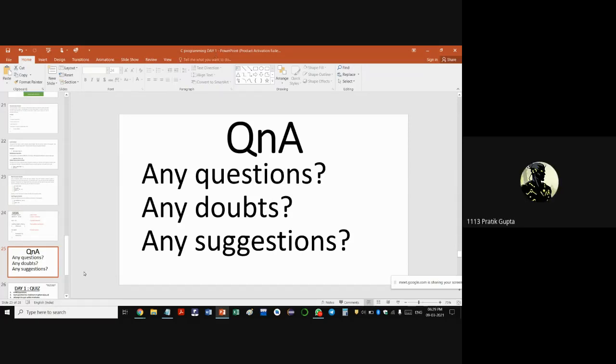For C programming, can we use Turbo C++ because it has already been installed in my PC? Okay, you can use Turbo C++, but there are certain differences between the Dev C++ compiler and Turbo C++. But in the next session, when we start our programming, I'll tell you the differences and how to go about it. Is it okay? Any other question?